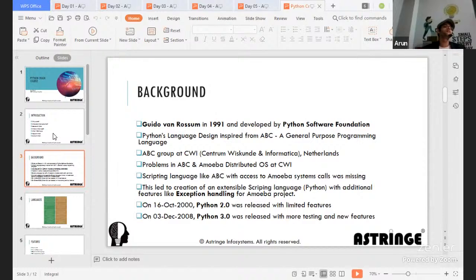There were no exception handling mechanisms back then in ABC. So this led him to think, why not either fix the existing programming language or create a similar scripting language like ABC, which handles not just the Amoeba operating system very well, but could also handle any other operating system which might come across in the future.